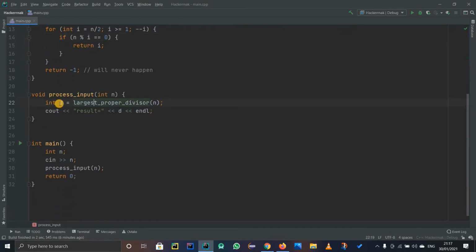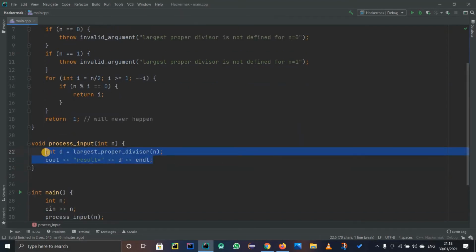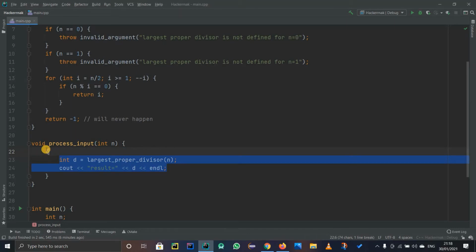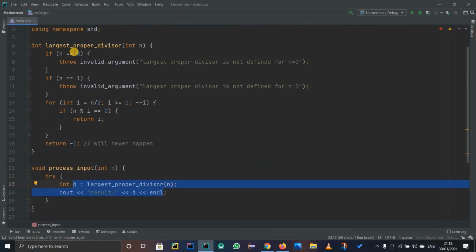So after that, whenever we try to process these steps, we can get an error. That is, this function will throw an exception if n is 0 or 1. So first of all we'll have to try to do something, and if we cannot do that, we'll get an exception. I have to enclose these statements in a try block, that is, I am trying to execute these statements. If I don't get an error in these two statements, then the code will run perfectly fine. But if n is 0 or 1, then an exception will be thrown and I have to catch it, right? If you throw something, you have to catch it.